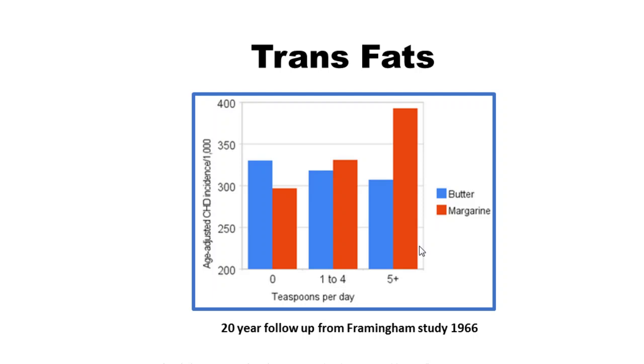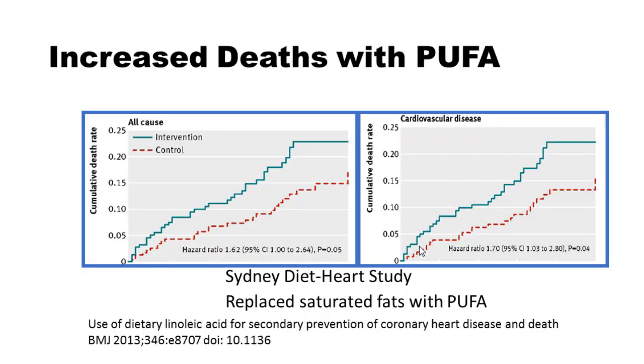And now, of course, it doesn't seem like a surprise because they're eating a ton of trans fats. But the data to suggest that vegetable oils were beneficial was actually highly suspect. So this is from 2013 in the BMJ: if you look at people who were in this Sydney Diet Heart study, those who took a lot more of the polyunsaturated fatty acids, which is that intervention group, they actually had more cardiac deaths, not less. So switching to vegetable oils